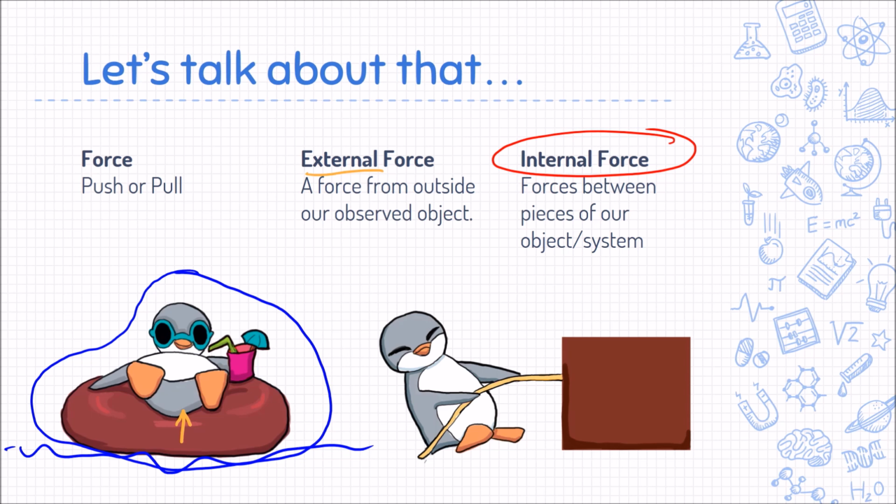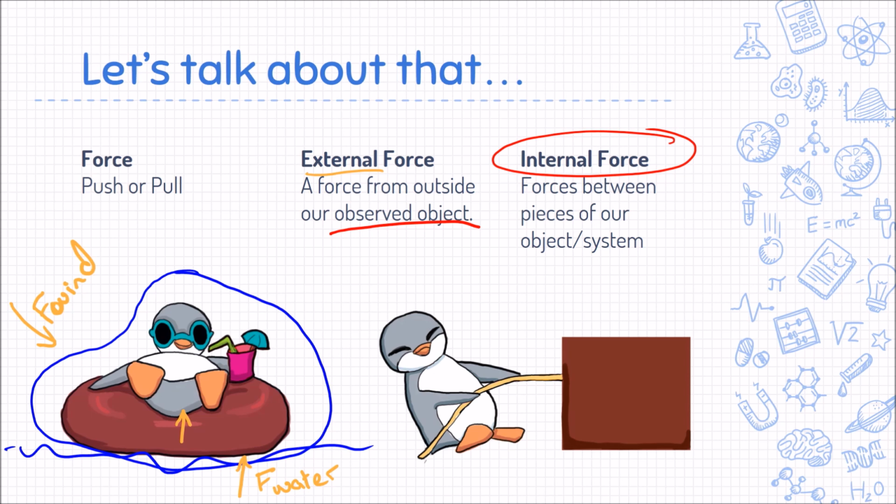We're really just worried about forces that are coming from outside our system. So an external force now would be the force of the water on the inner tube and Sigmund, or the